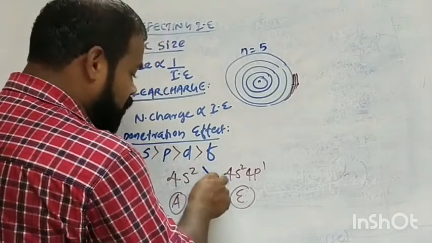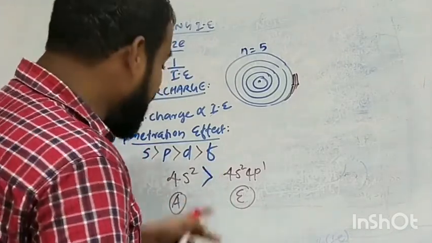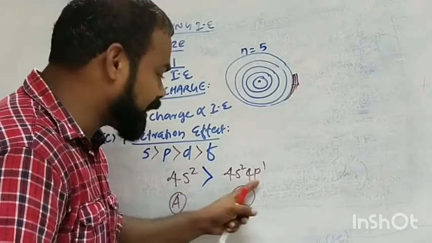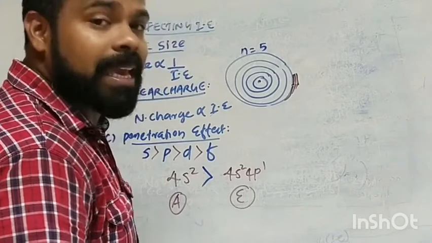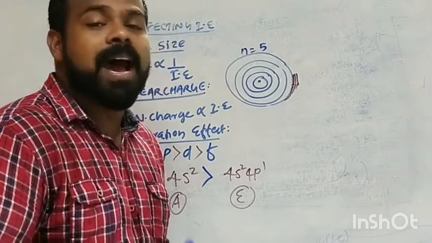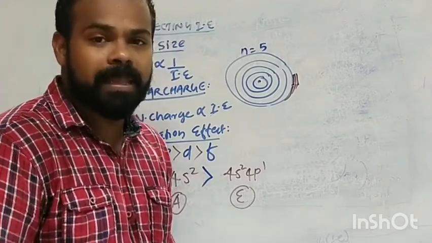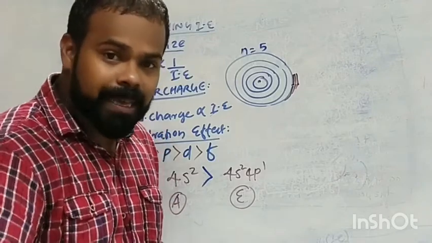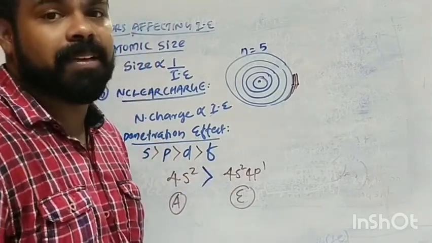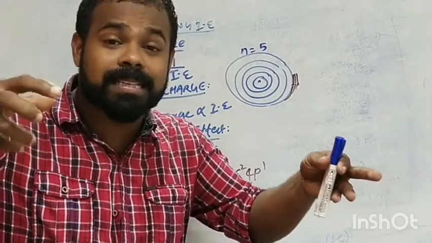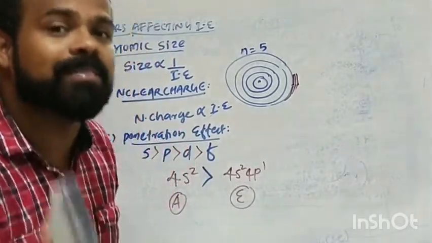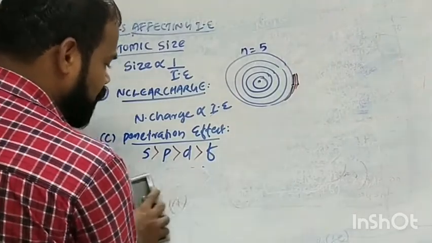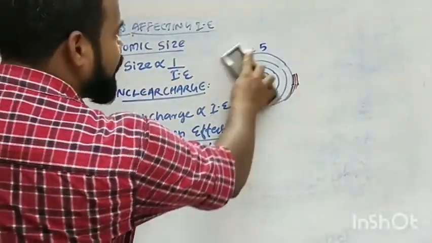No doubt 4s2 has higher, because s has maximum penetration effect compared to p. Meaning, if the penetration effect is higher, ionization enthalpy is also higher. s has maximum, then p, then d, then last f. f electrons and the nucleus are very loosely packed. Therefore, removal from the f orbital will be very easy. Okay, don't forget that. Then next one,